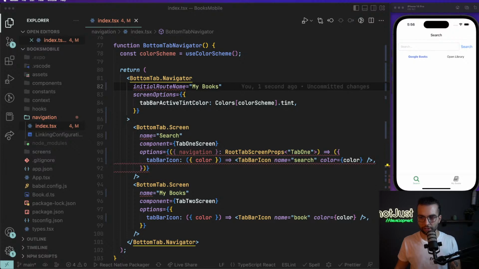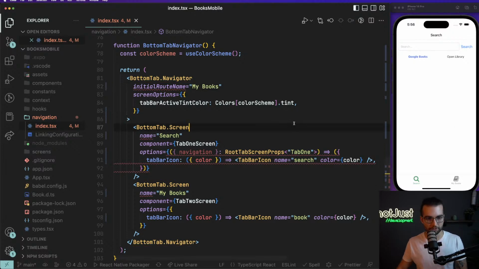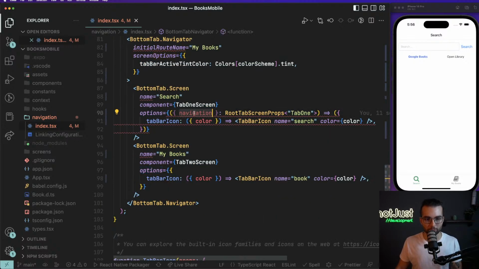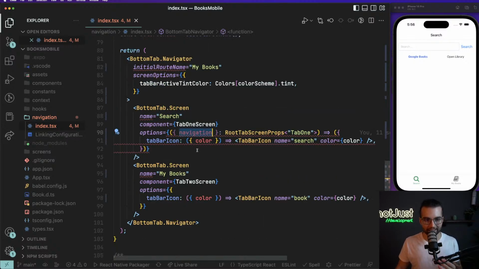To initialize it on the MyBooks there. For the options here, we see that we don't need the navigation anymore, and we can drastically simplify this syntax to look more like the second one here for the options, where we simply have an object with a tab bar icon. So let's go ahead and remove this part